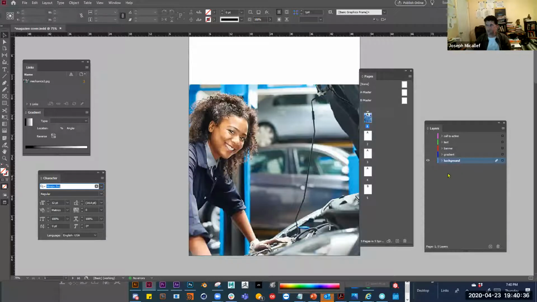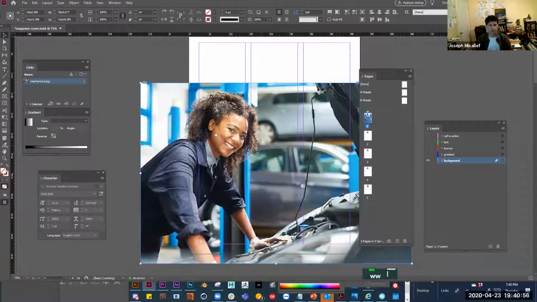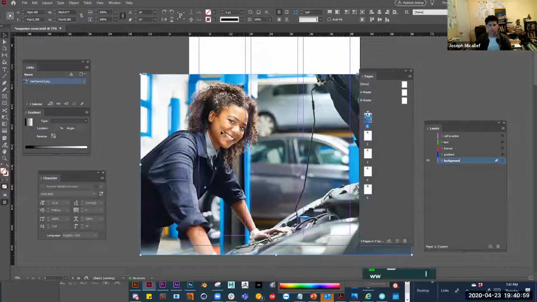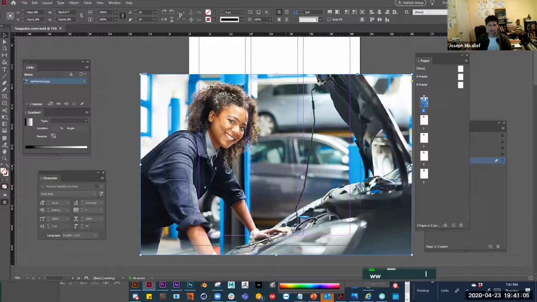So here I have her. Now, there's a lot of stuff going on in the background, and if you want to have some text on top, let me just create a text box here. And I hit W to go into the normal mode so you can actually see the grid and the columns and the gutters. So W was the shortcut for that, to go into that column mode. And I'm going to draw a text box. So I hit the T tool